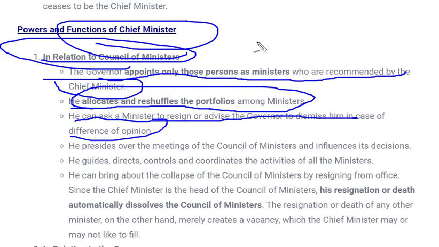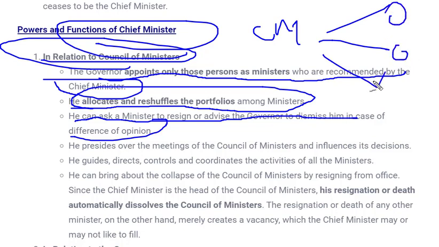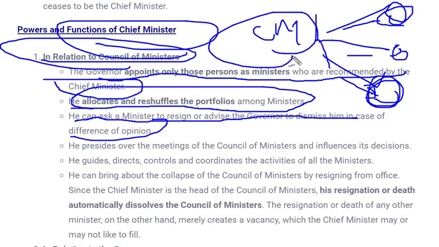So let's see, for example, if someone is chief minister of a state and there are several ministers, and this chief minister passes some order to every minister differently. That means one minister will get orders according to his portfolio, the other minister will get orders according to his portfolio, and the third minister will get orders from the chief minister according to his portfolio. In some cases it might occur that a minister doesn't agree with the chief minister's consent. So at that time, the chief minister can ask the governor to dismiss that particular minister or can ask for his resignation.